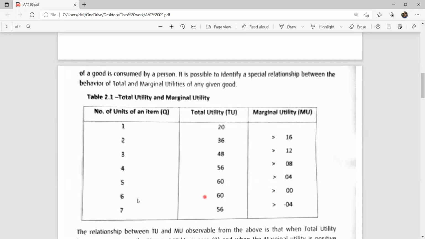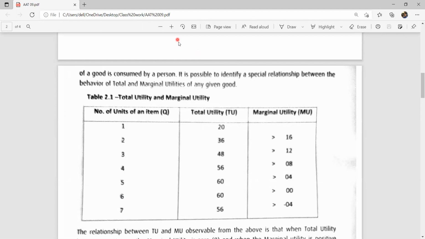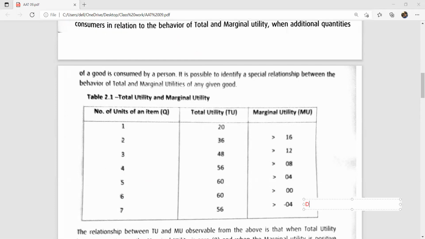Later on, the 7th unit also consumes, giving a sense of disutility, no satisfaction at all. This is called disutility. So then, utility decreased continuously. Such a pattern is called the law of diminishing marginal utility. So then, next,